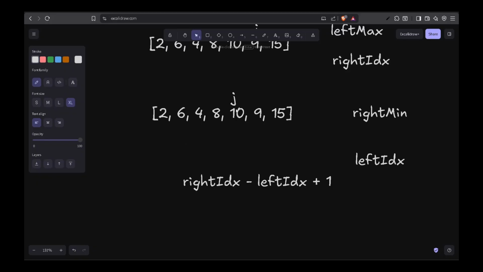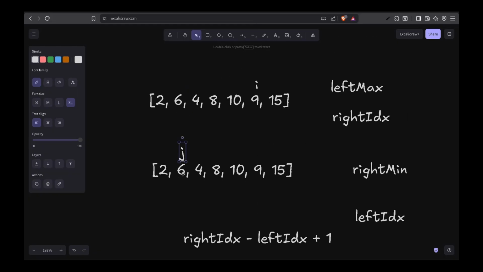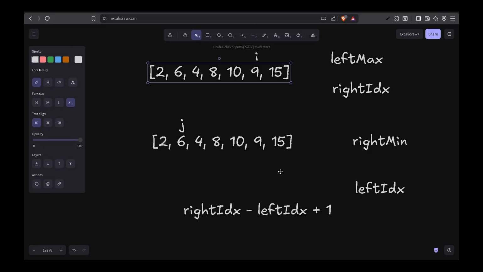Let's continue this dry run. So it encounters 8, which is smaller than 9, the minimum it has encountered till now, so it is correct. It encounters 4, correct again. Now the minimum is 4, right? It stores 4 as minimum because 4 is smaller than 9. Okay, now it moves on to 6, and it says, I've already seen 4, how can 6 be here? So 6 is an anomaly, and it will store that index in the left index, and that will be our answer. So we'll store the index of 6, we'll store the index of 9, and that will be the answer